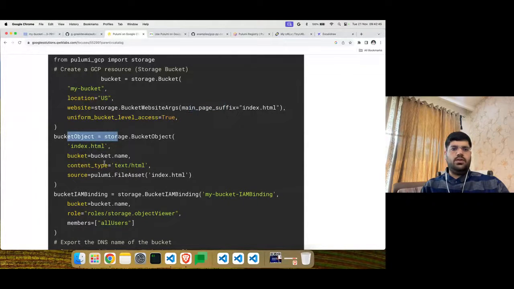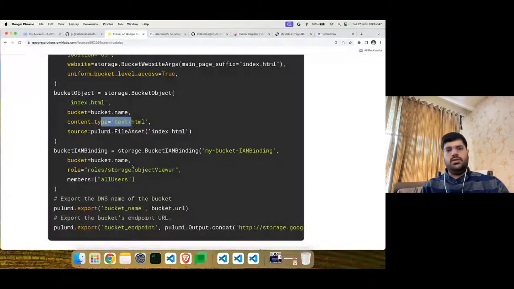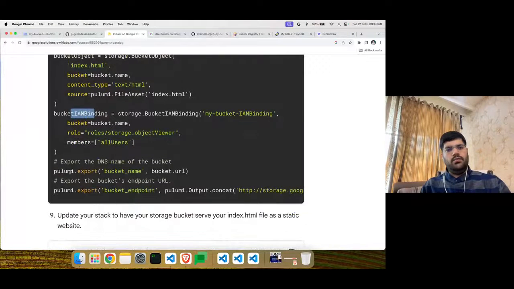We have the object index.html of type HTML, which is getting served from the index.html content. We have an IAM role binding to tell who all have access to the index.html file on the bucket. And then we are exporting the bucket name, which we already saw how it is getting exported. And we have the endpoint as well